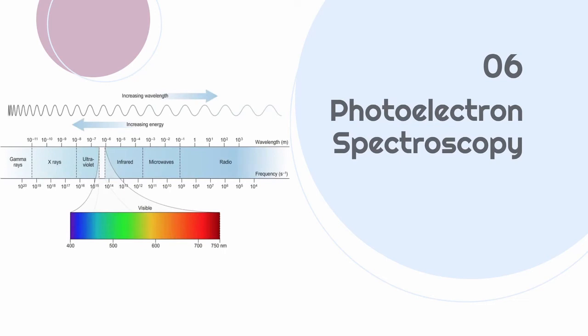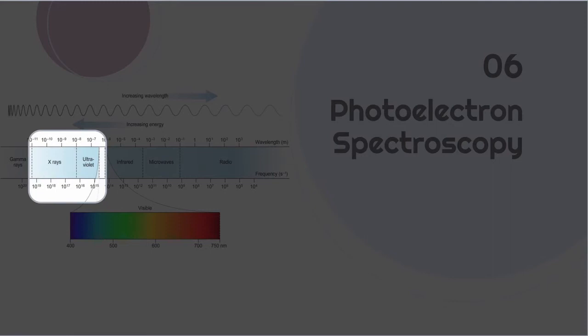By now, we know what is electronic spectroscopy. Well, photoelectron spectroscopy, briefly, is the ejection of electrons from molecules by bombarding them with monochromatic photons. And the electrons that are ejected are known as photoelectrons. And the energy of the photons that we send correspond to the X-rays and UV radiations in the electromagnetic spectrum.